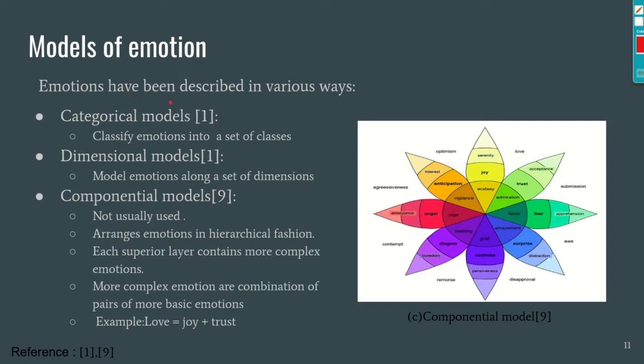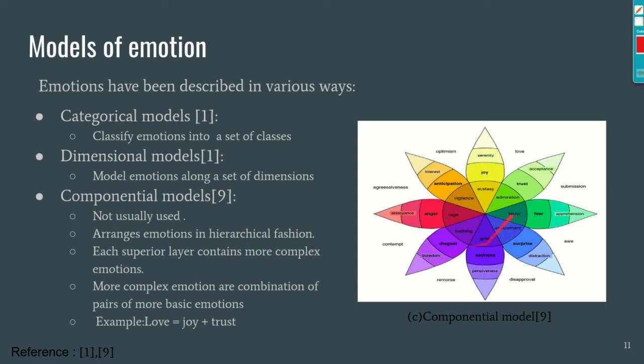Emotions have been described in various ways. They can be described in categorical models, where we classify emotions into a set of classes, and dimensional models, where emotions can be represented along a set of dimensions like x, y axis, and then we have some representations for these emotions. And the last one is componential models, which is not usually used, and it arranges emotions in